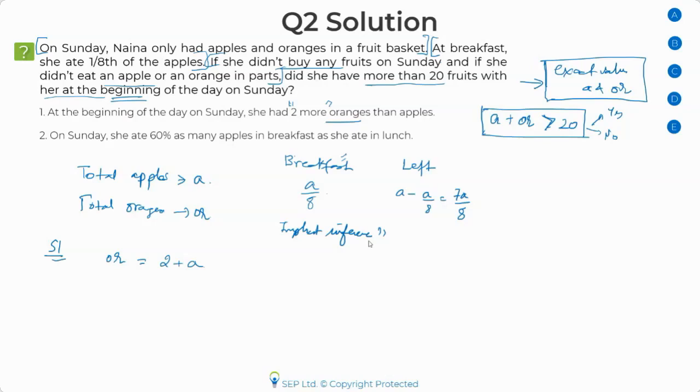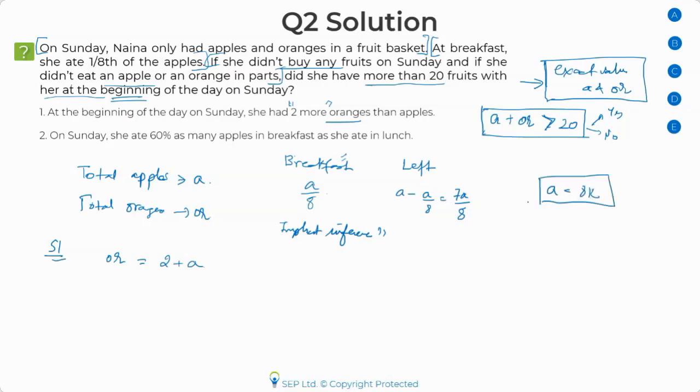Good. Absolutely good. Very good. So all of you are correct, Harshdeep, Deepak, that A has to be a multiple of 8. A cannot be 10, because I've been very clearly told that she's not eating half an apple or an orange. She's eating whole of it. So obviously the A has to be of the form 8K.